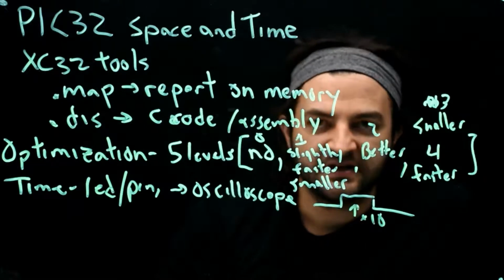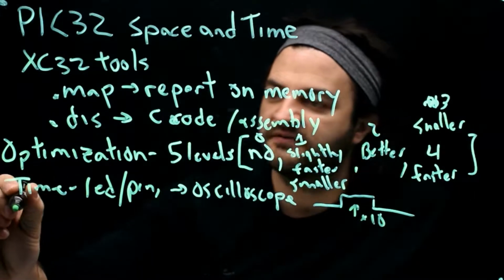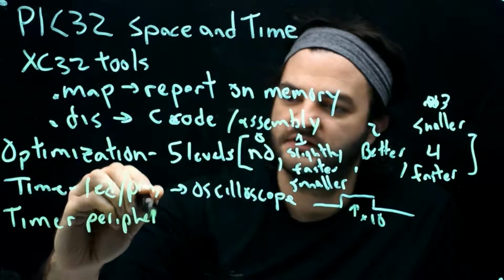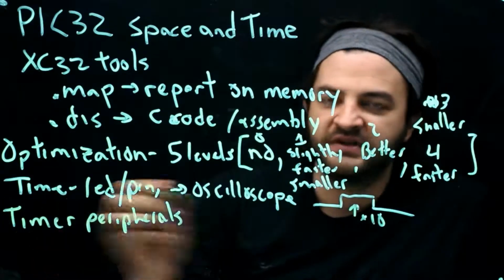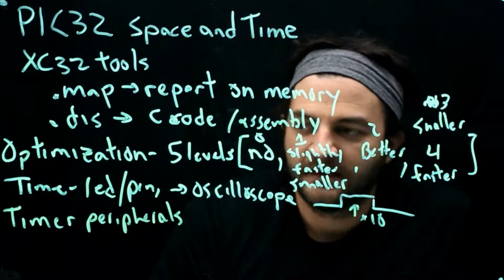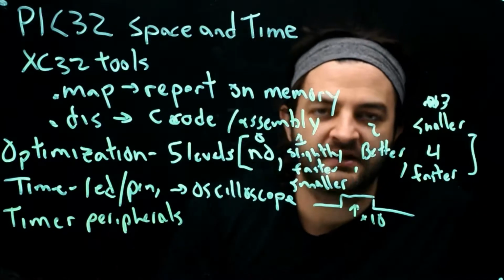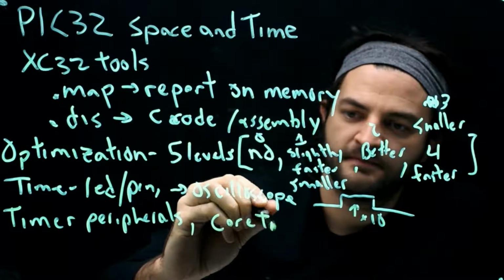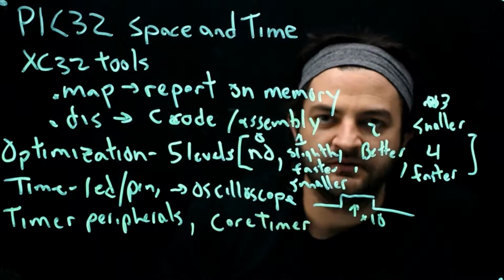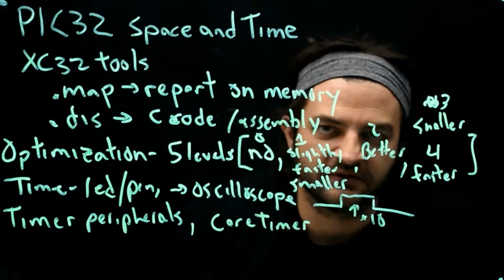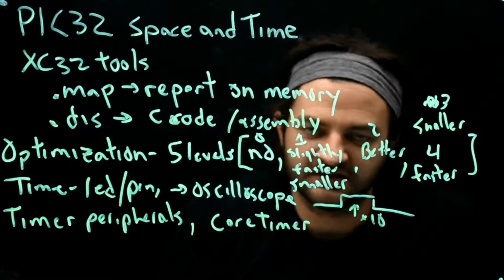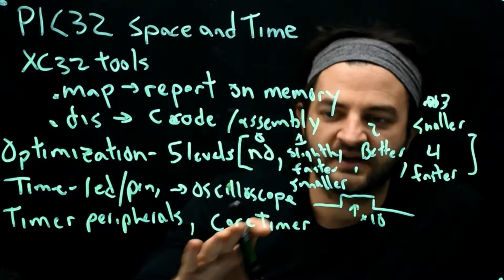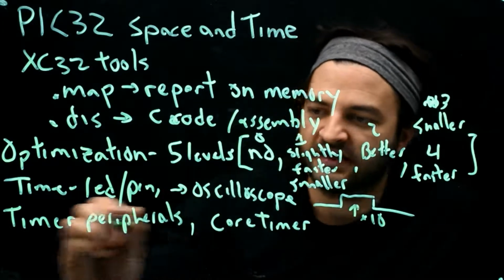The other is that the PIC can do the measurement itself. So we have timer peripherals. So these are built-in functions on the PIC that keep track of time. Now, specifically, we have 5 timers that come from Microchip, but we also have what's called the core timer, which is part of our CPU. We've talked about how the CPU has registers, and the registers have special functions like adding and subtracting and division, whatever, the things that the CPU is good at. Another thing that our MIPS 32 processor inside of the PIC has is this core timer, which is a 32-bit number,